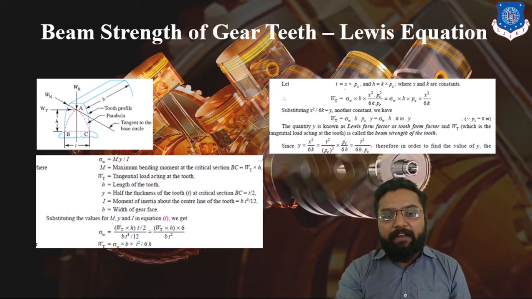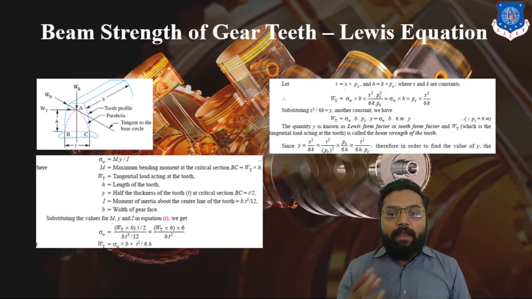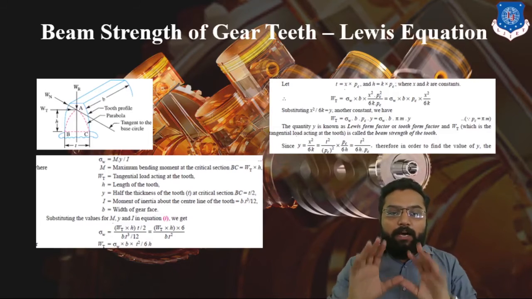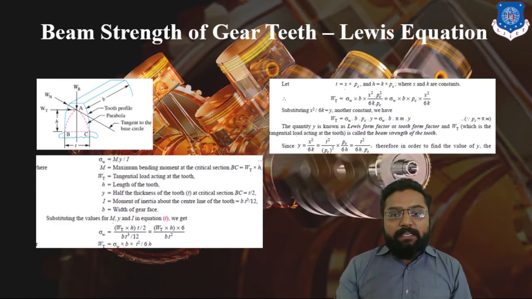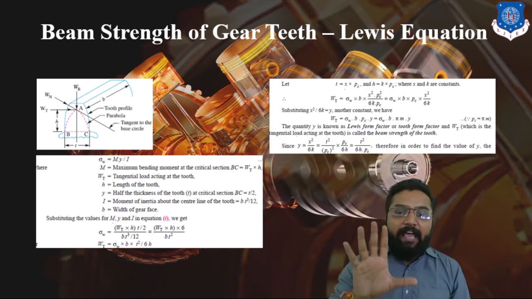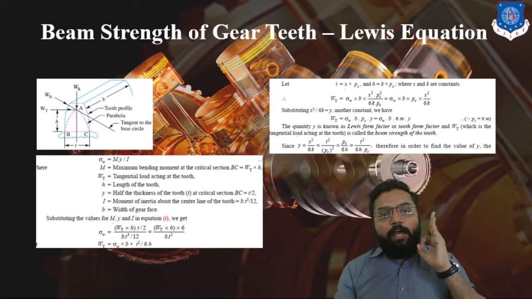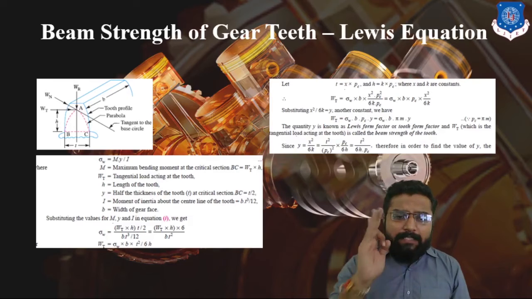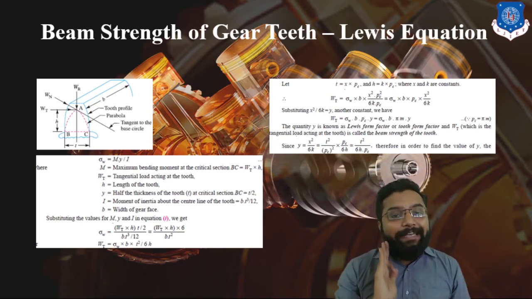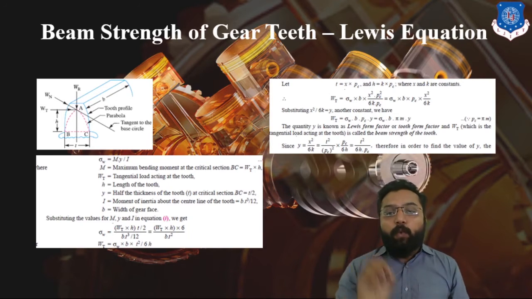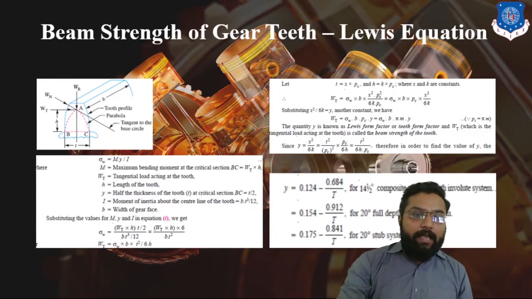Ultimately we will find this equation: sigma w into b into pc into x square upon 6k. Here we will convert that x square upon 6k into some quantity which directly affects our gear, and that is called y, and this y is nothing but the Lewis form factor. This Lewis form factor will always depend on the module and teeth of our gear. So this Y is our teeth form factor, which depends on the module and teeth of our gear.